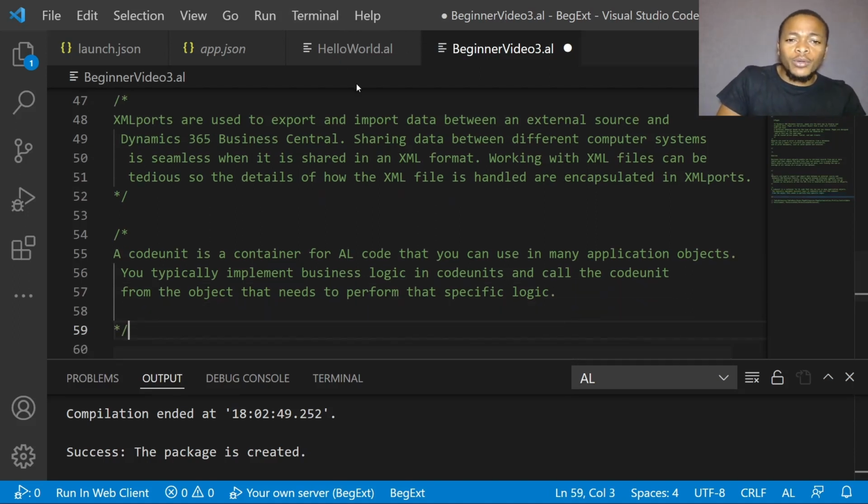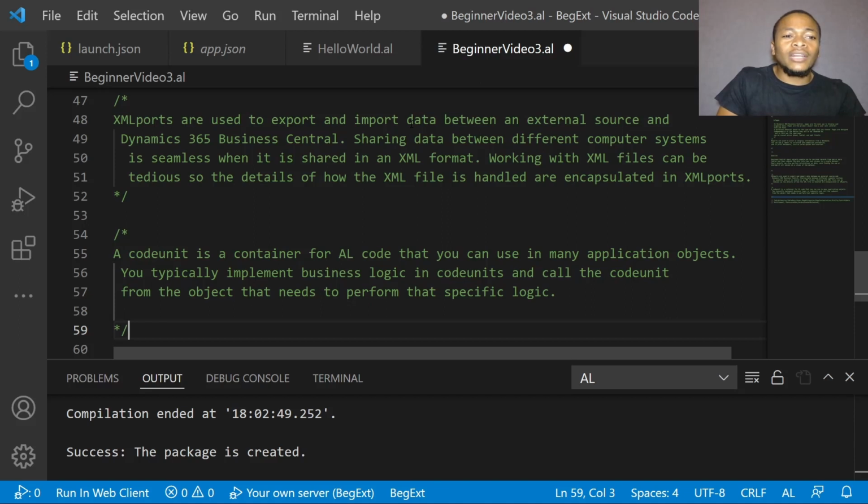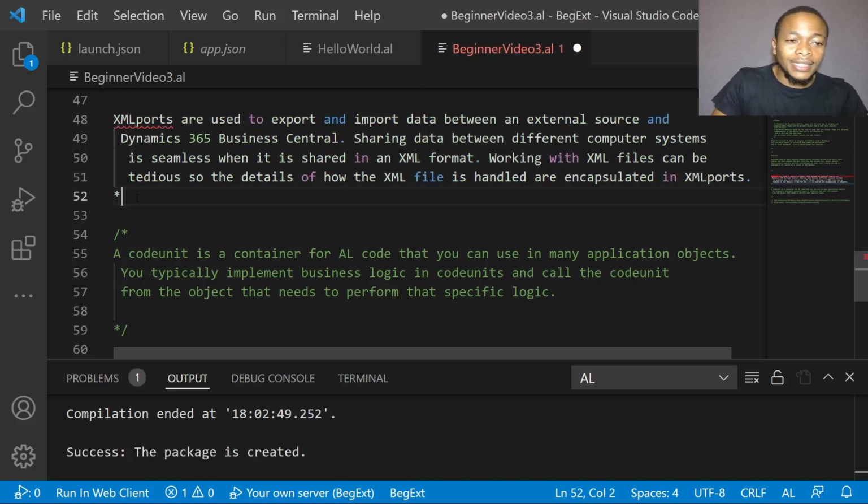And XML ports, so yes, you combine tables and find averages. XML ports are used to export and import data between an external source and Dynamics 365 Business Central. Sharing data between different computer systems is seamless when it is shared in an XML format. I forgot to uncomment as well. Working with XML files can be tedious, and so the details of how XML is handled are encapsulated in XML